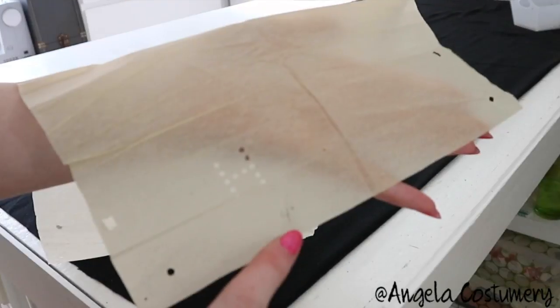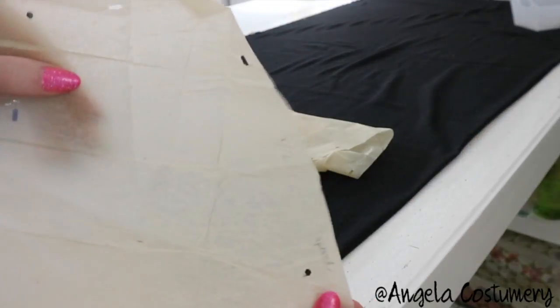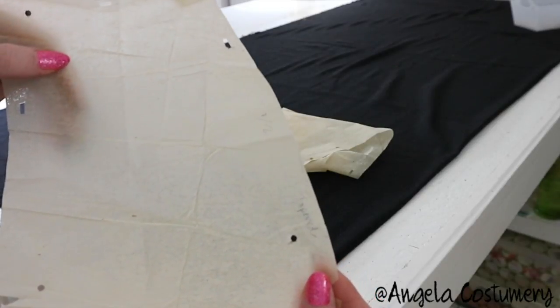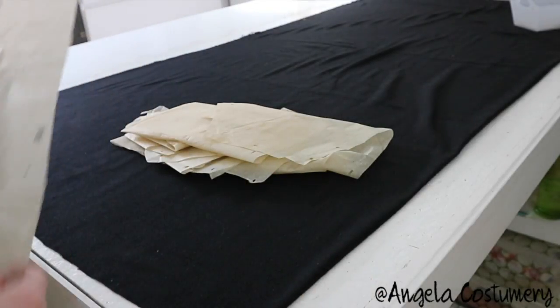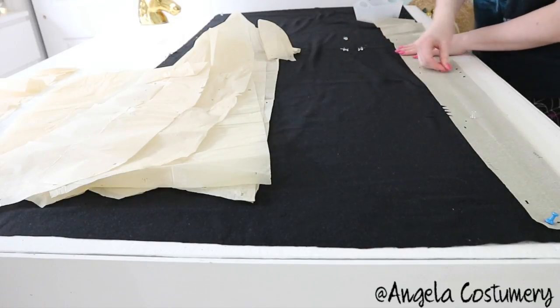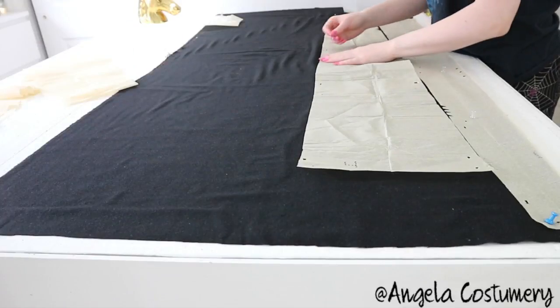I used a pencil to mark the alterations onto my tissue and will be keeping those in mind when cutting the pattern out. Here's an example of the perforations used to mark these pieces. The rectangular perforations indicate seam allowance, and a mixture of small and large dots mark where the material is pleated. I carefully ironed the pieces off camera to remove creases so I could jump right into pinning them to my